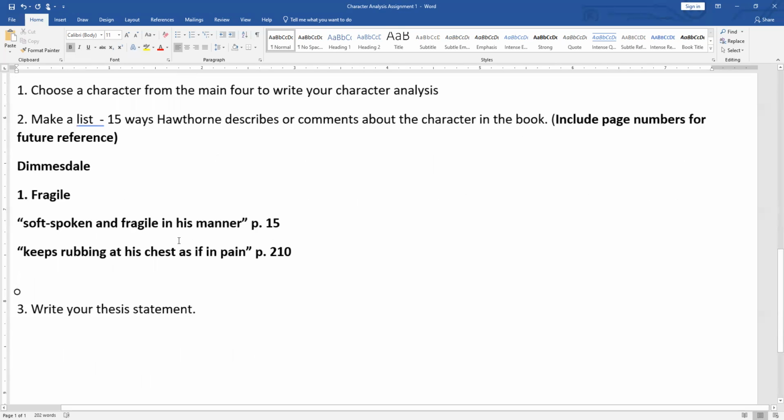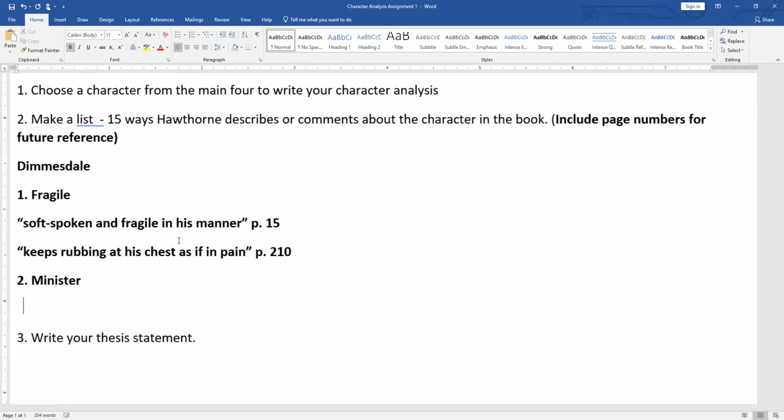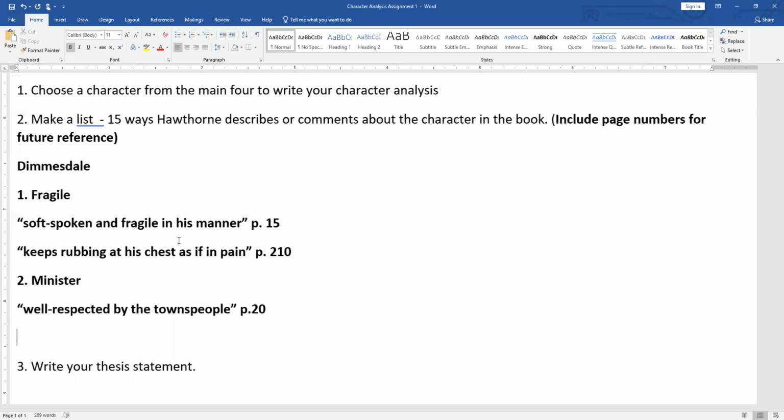And then your second one would be his minister. And so you would want to have well respected, and maybe a quote about how he's well respected by the townspeople, somewhere there at the beginning. You know, and then even like what we just read,